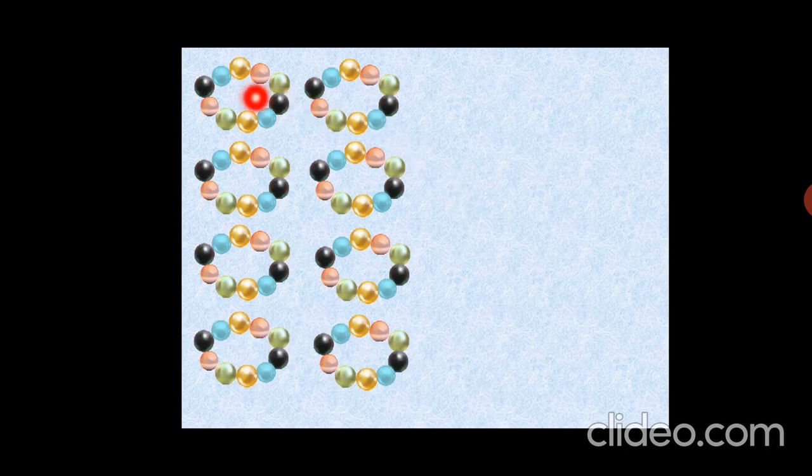Now here we could see 1, 2, 3, 4, 5, 6, 7, 8 sets of 10s. Here in one set of 10 we have 10 beads. Another set of 10 we have 10 beads. The third through the eighth sets of 10 each have 10 beads. Total we have 8 sets of 10s. 8 sets of 10s means it is 8 tens. 8 tens means 80. What is the spelling of 80?